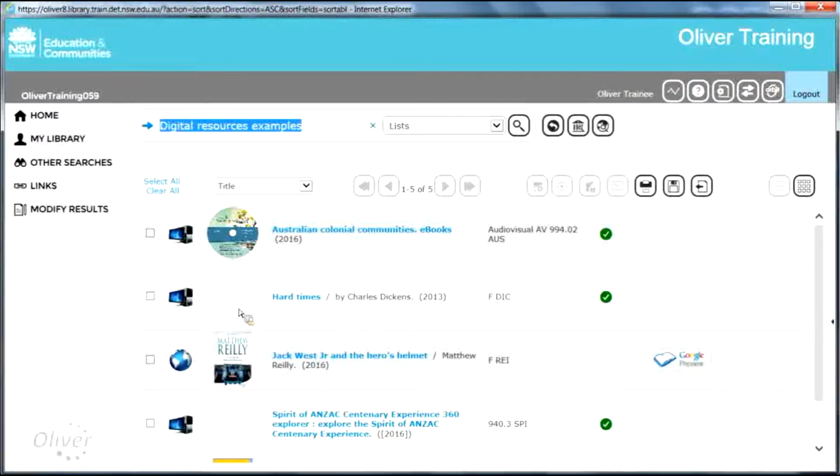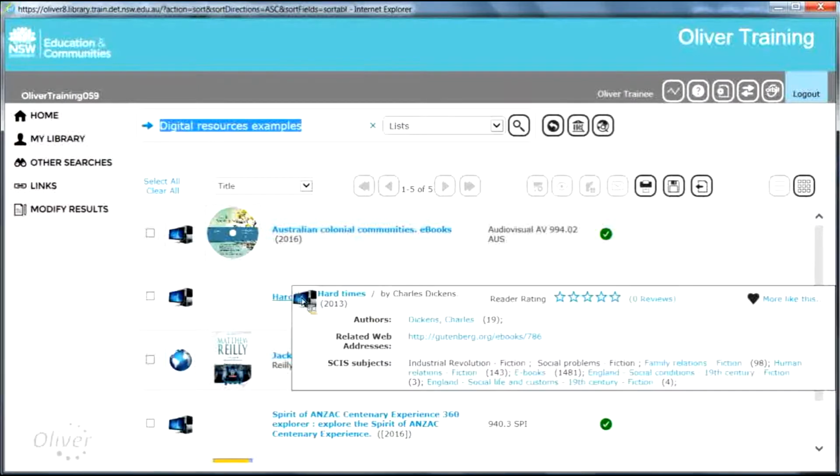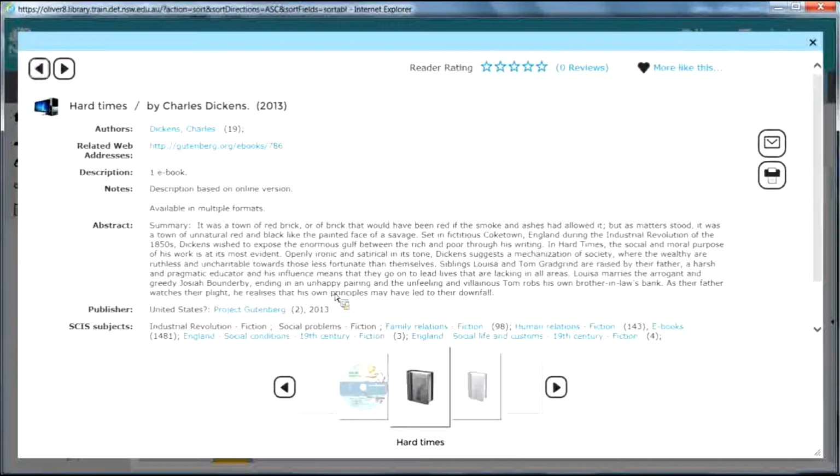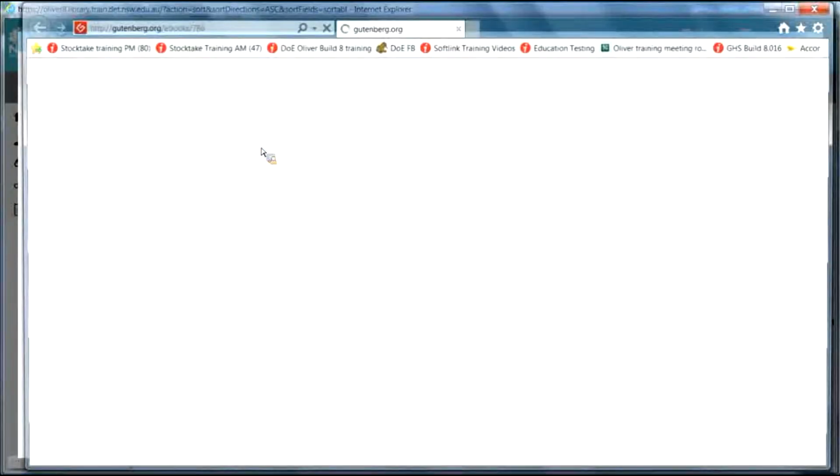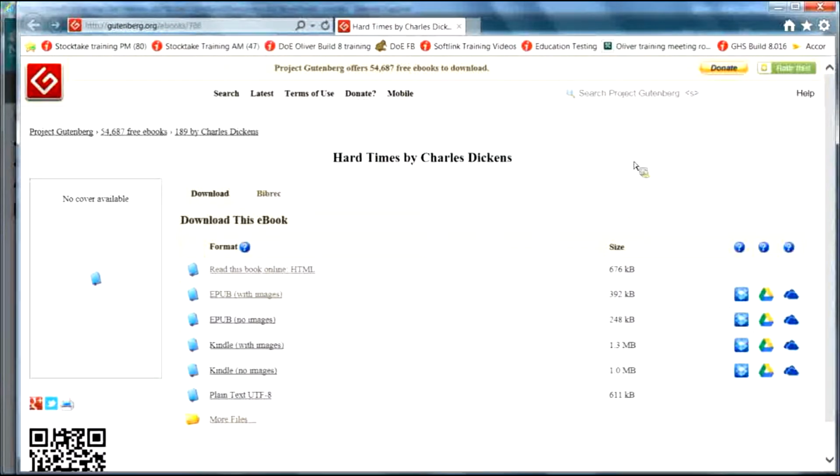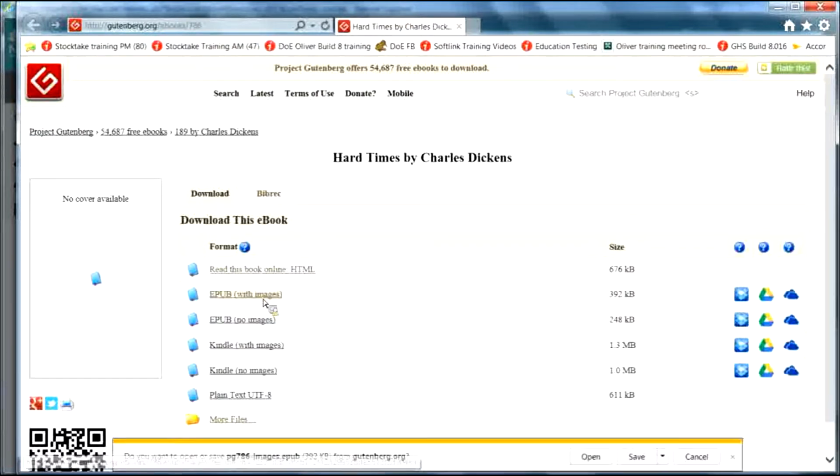Next record we've got here is Hard Times, which is an ebook. If I click on Hard Times, look at its details, we can see it's got a link to our website. If we click on that link, that takes us to the Project Gutenberg website, where we can download Hard Times by Charles Dickens in several different formats. I'll just click on the EPUB version, open that up,